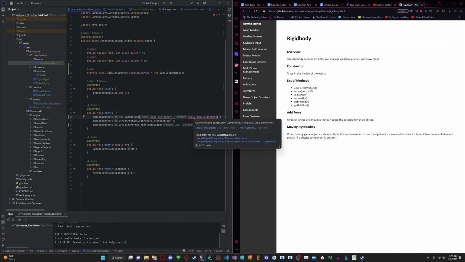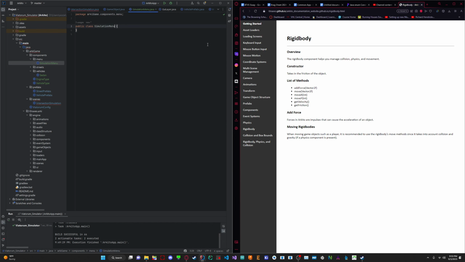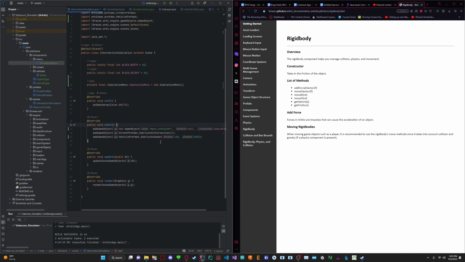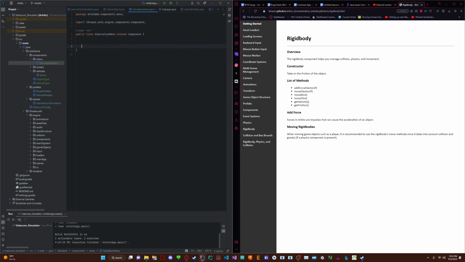What are your problems? I did create a constructor. What? Oh wait, I didn't extend. There we go. Cool. So this is just going to be our menu container, just to make stuff easier. So we can go in here, and we'll have a start method, we'll have a render method,